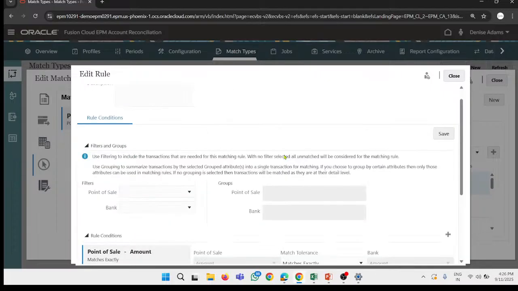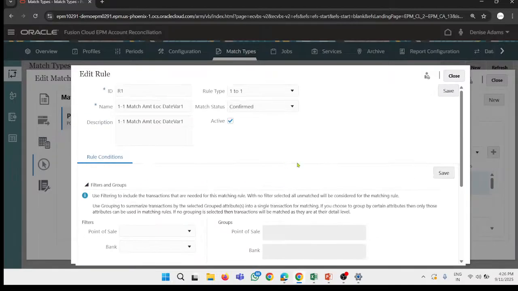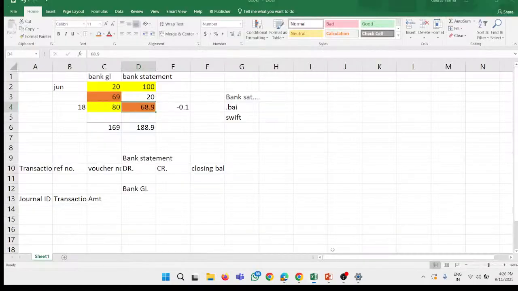The condition has been given here, you have to give the condition over here. I will tell you how to give it. So first understand what this rule says. Okay, first we have one-to-one matching. Just let me open my Excel file and just quickly